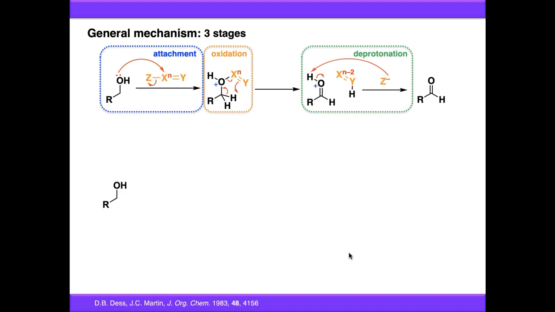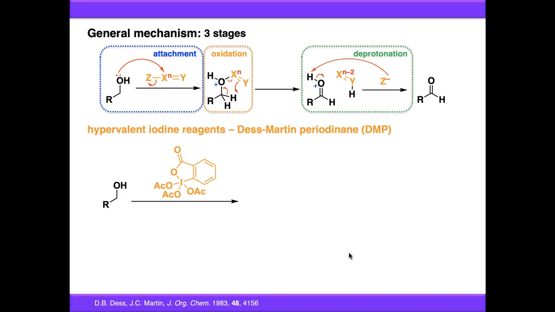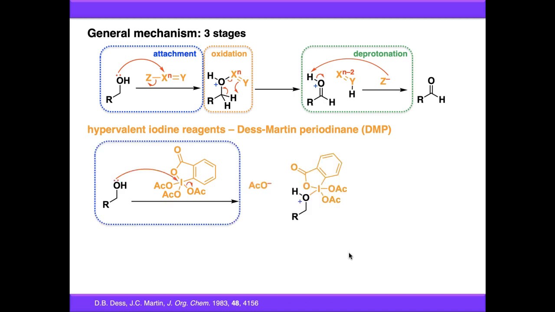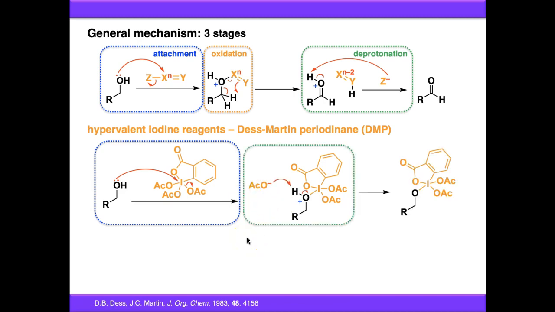So the third class of compounds we're going to look at is hypervalent iodine reagents, specifically Dess-Martin periodinane, or DMP. So DMP has this structure here, and the iodine is the kind of important atom in this one. So our alcohol is going to attack the iodine and kick out an acetate. That's our attachment procedure. We then end up with this intermediate here, and obviously the acetate that's just come off is now floating around. So we're going to use the acetate as a base to deprotonate,